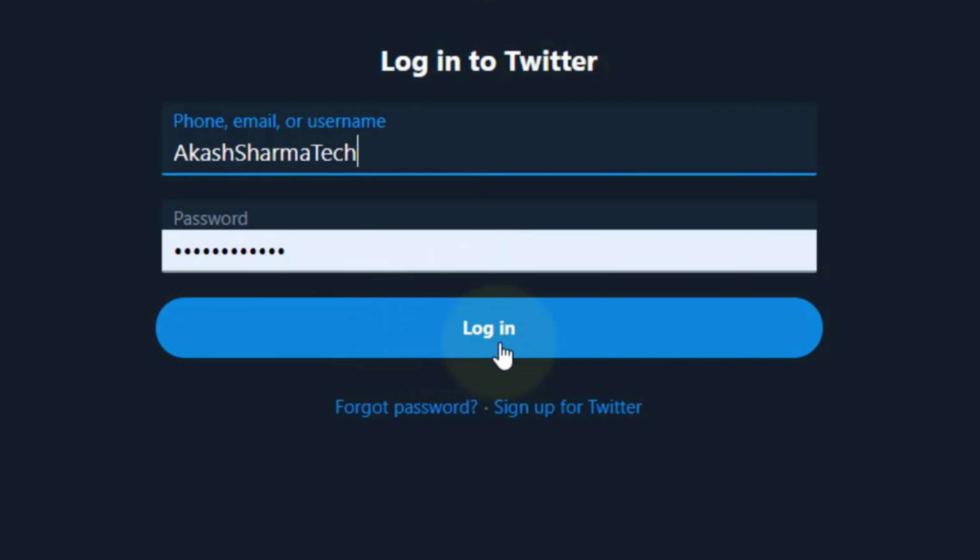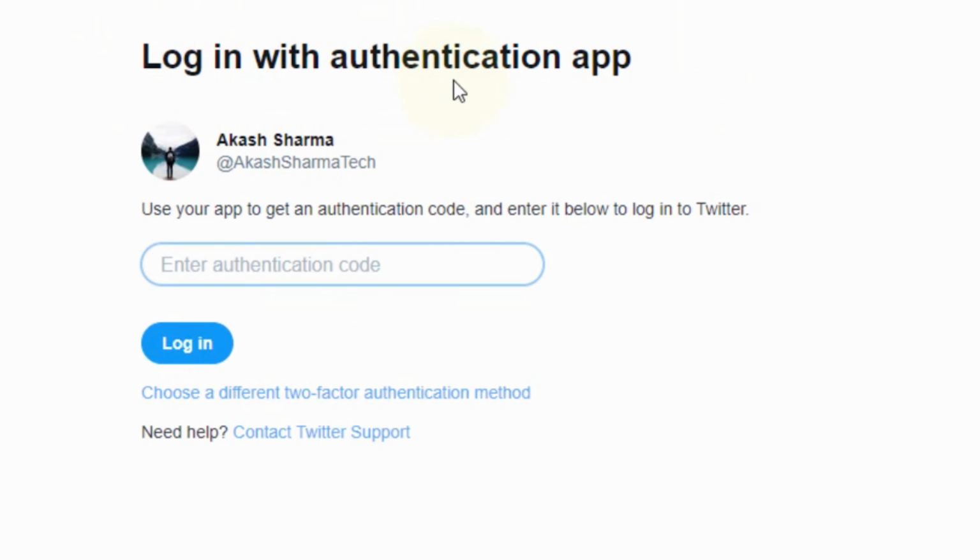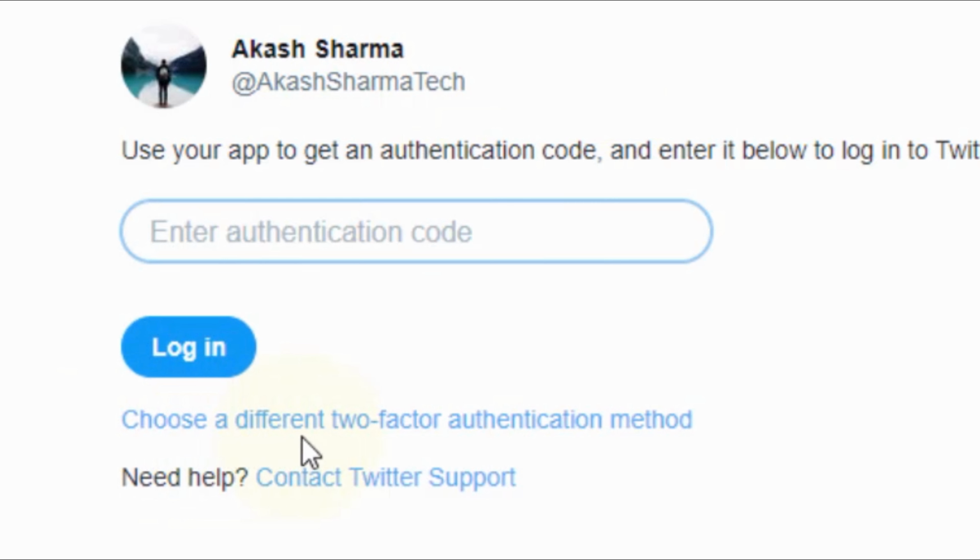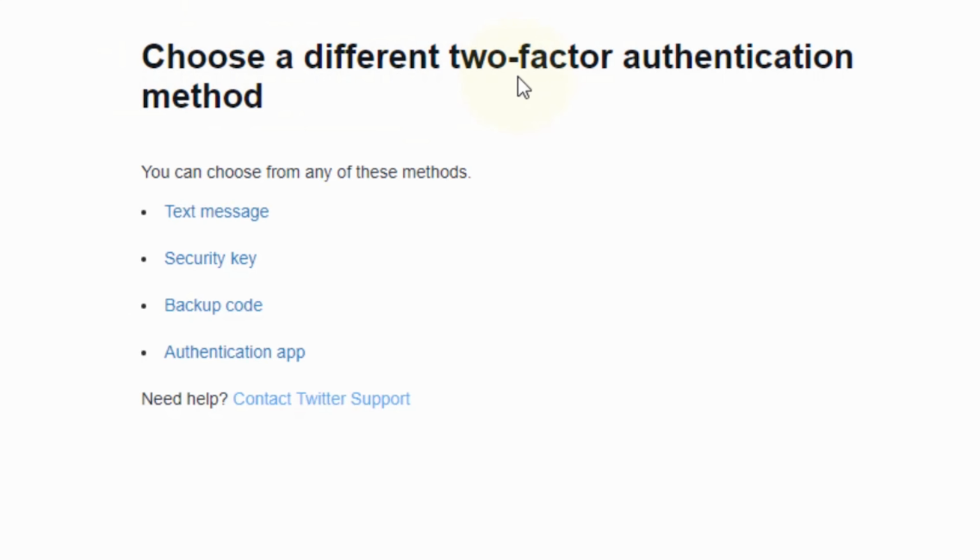Let's say instead of the USB security key option, Twitter shows login with the authentication app. Then do not worry, there is an option at the bottom which says choose a different two-factor authentication method. Click on it. Now you will see different two-step verification methods that have been enabled on this device, for example, text message, security key, backup code, and authentication app.